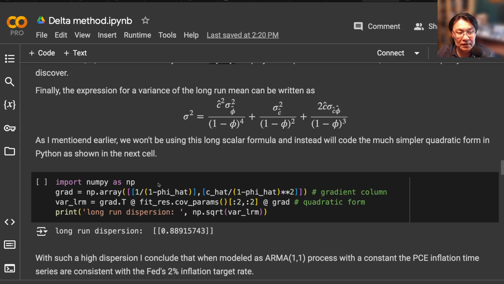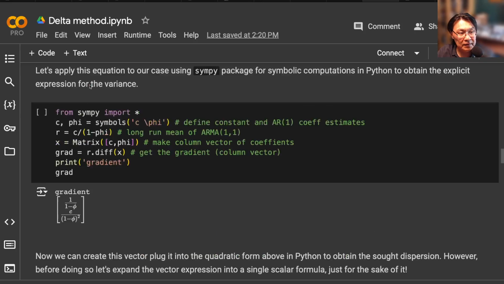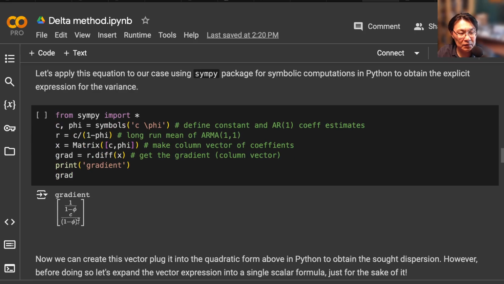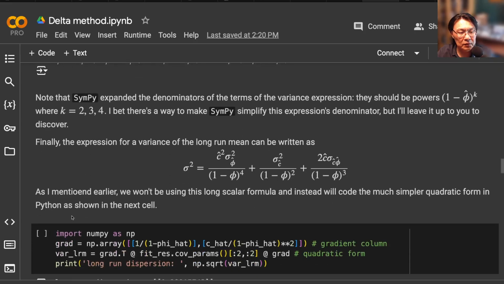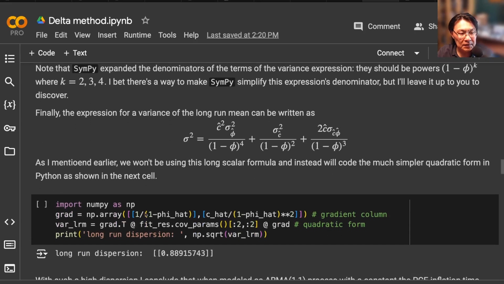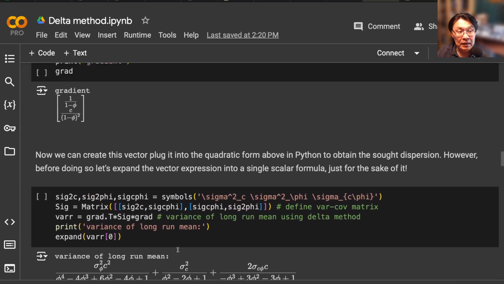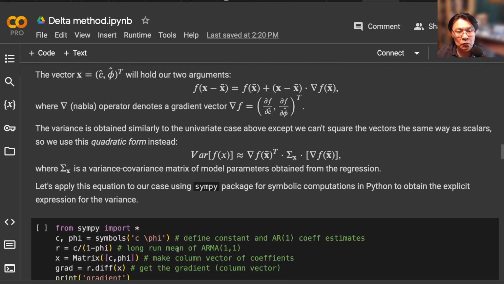So I calculate the gradient. Because the gradient looks like this, it's very easy to calculate. I have phi and I have the c's, right? So I calculate the gradient, I set it here, and then I have the variance covariance matrix, the output parameters of my regression fit. Then I multiply from the right-hand side and the left-hand side, and the output is 0.89. But before going further, I just wanted to show you